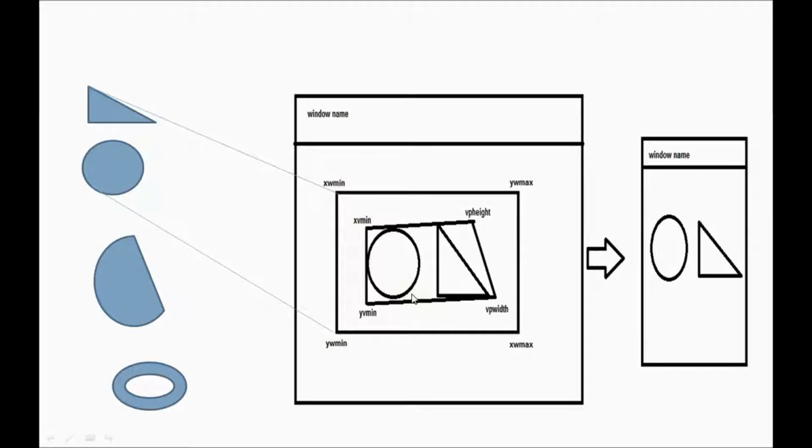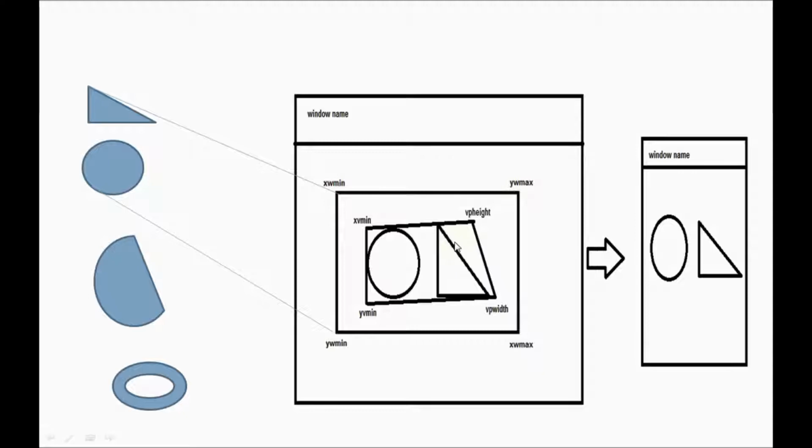You can see, the clipping window always tells what to be displayed. You need to select what to be displayed on the screen, but the viewport tells where to be displayed. That means in the clipping window you can display your content on the right side or the left side, or at the bottom or the top, right? But you have to decide where to display the content.